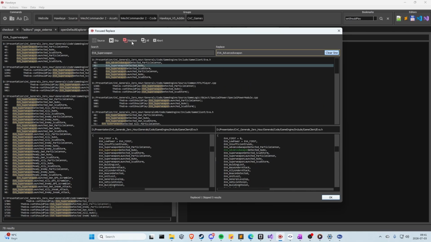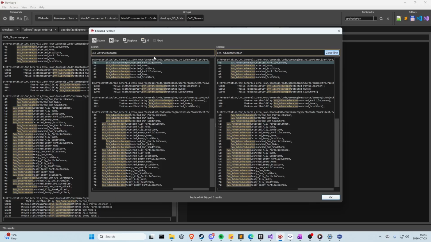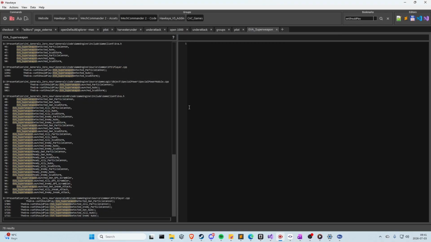So you click on replace, then you can see on the left side is what it's currently as, and the right side is what we're going to replace it to. You also have a choice to skip some parts of it and go to the next one, but for this one we're just going to replace, and then we're going to choose to click on all. That we have replaced 94, we'll skip 0. We press OK,